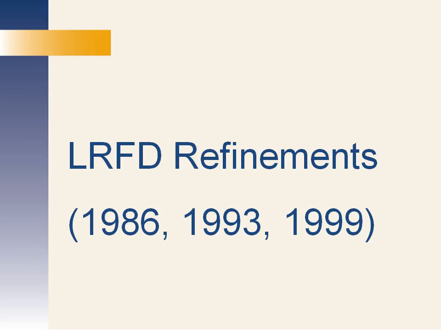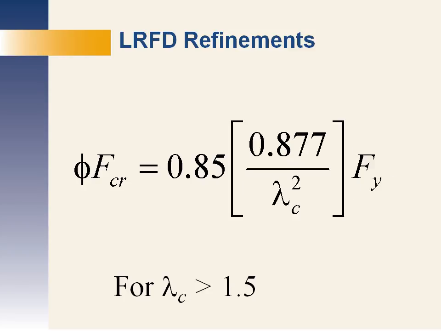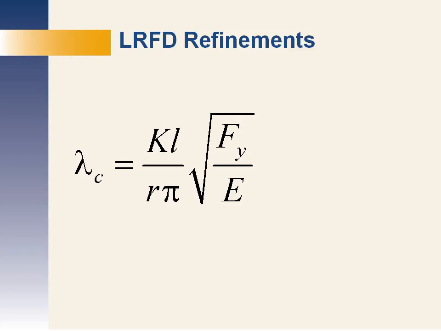Then there was LRFD. AISC and SSRC, and there were others, were advancing the state of the art, and this was reflected in the first LRFD specification in 1986, as I mentioned before. In the inelastic range, a new column curve was introduced. In the elastic range, the formulation was still based upon Euler buckling, but it may have been hard for some to tell due to the use of lambda sub c as a variable to divide inelastic and elastic buckling instead of KL over r or C sub c. It was easier to see Euler in the formulation of lambda sub c, but not automatic.